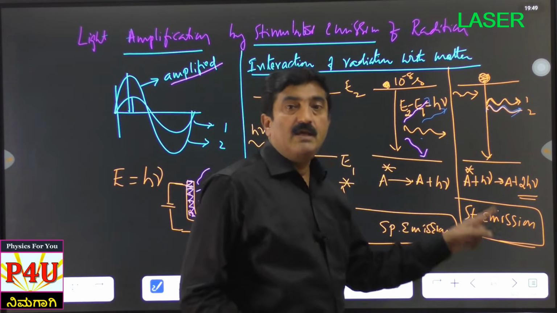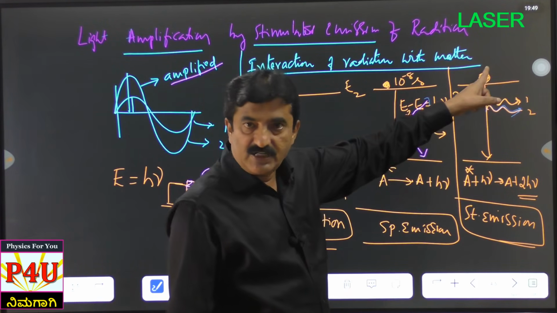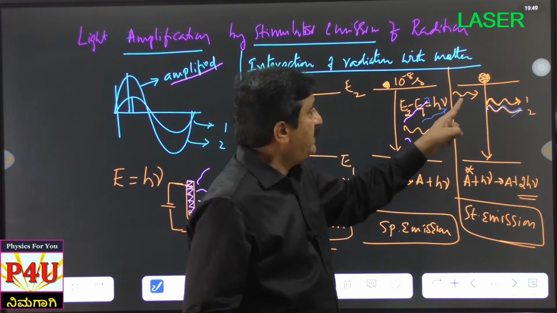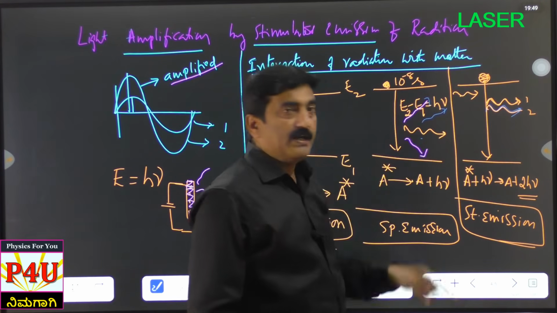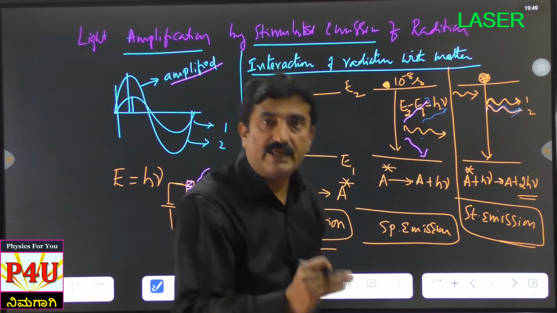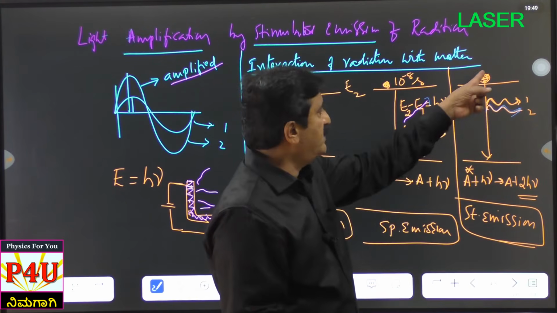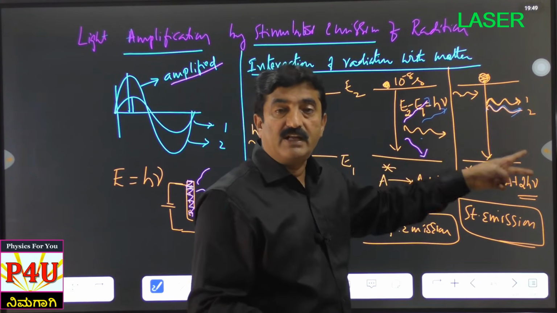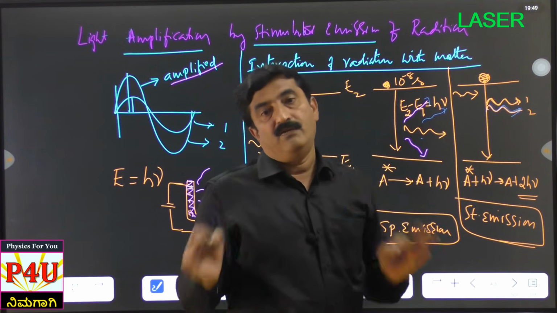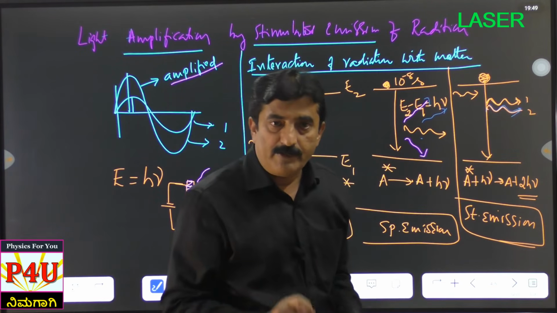Another possibility, stimulated emission. In stimulated emission, the atom is already in the excited state. Now if I send a photon of the same frequency, it will stimulate, disturb, and influence the atom to undergo de-excitation. It supports the atom in coming down. As a result we get more photons. Suppose if there is 1 atom I get 2, if there are 2 atoms I get 3, if there are 10 atoms I get 11. Like that, more number of identical photons are emitted. This is called stimulated emission. I hope you got it.